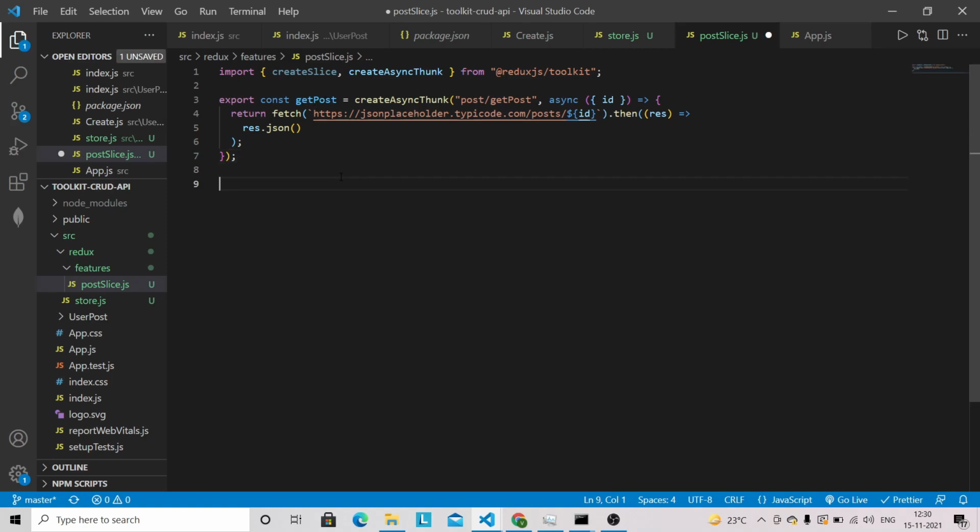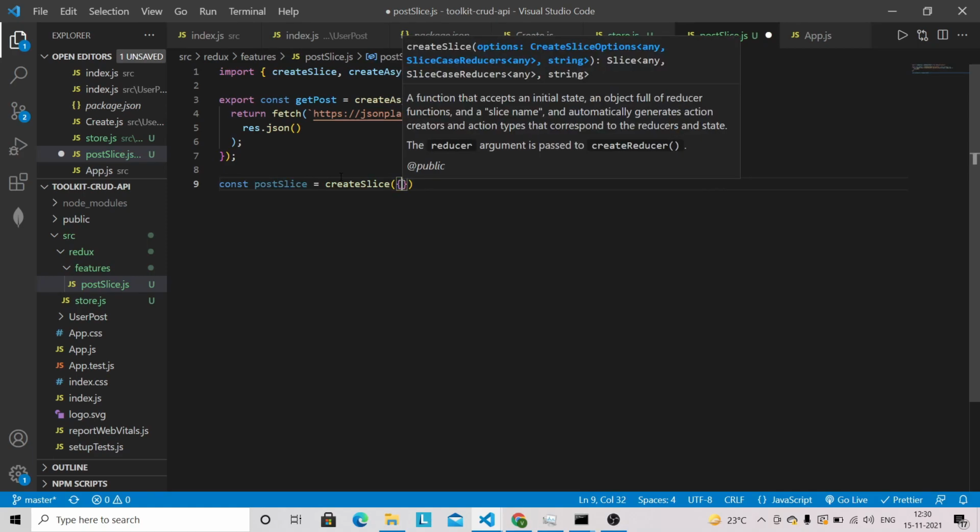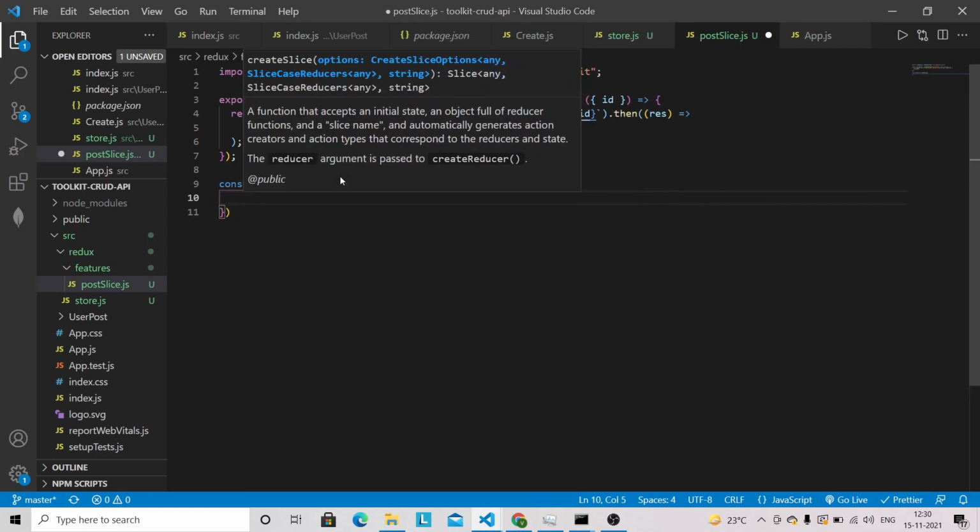Now we have to update the store logic using createSlice. So const postSlice is equal to createSlice. createSlice basically accepts the initial state of the application, then an object full of reducer functions and a slice name, and then it automatically generates action creators and action types corresponding to the reducers and state.